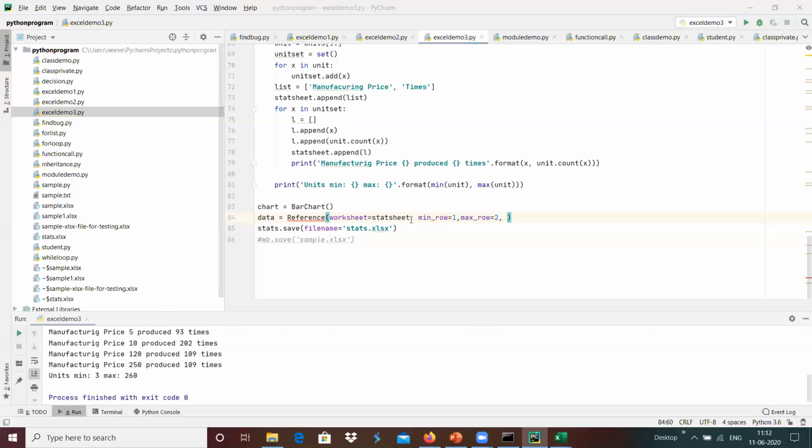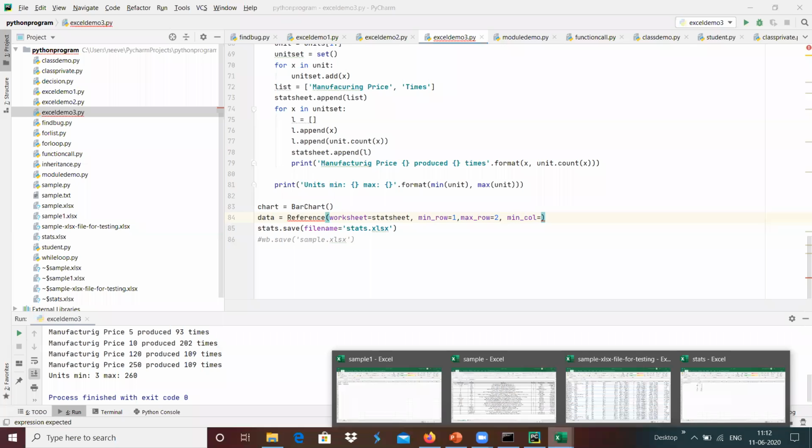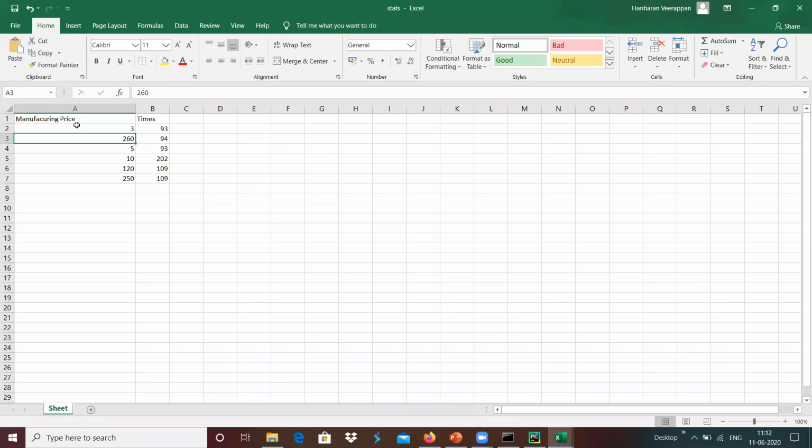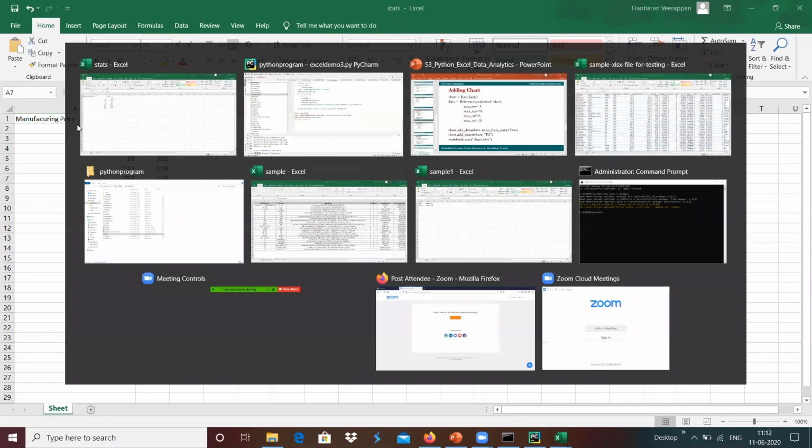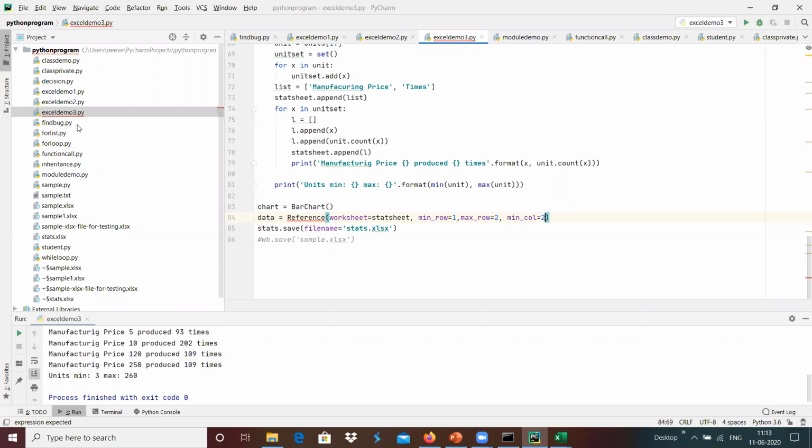And we have the option min_column, the column which starts from the statistics, which starts from 2, and the column goes up to 7, so min_column equals 2 and max_column equals 7 over here.